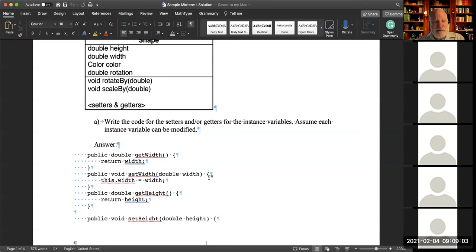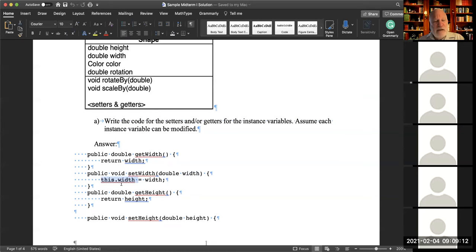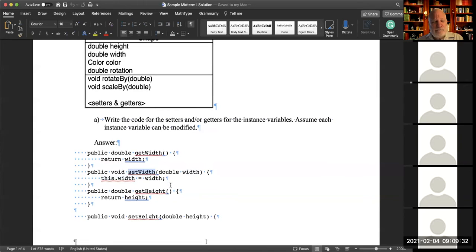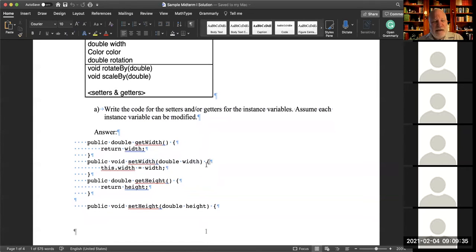So that's important to understand, and that also ties in with this concept of scope that I've talked about a lot. In other words, the scope of this instance variable would be the entire class. We don't see the entire class here, but all methods have access to the instance variable width, whereas this argument width has only access, the only scope of that is in one call to the setWidth method. So there are several things here. One is understand the scope of arguments versus the scope of instance variables.